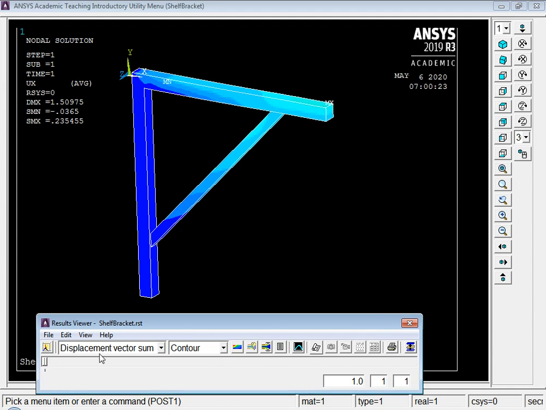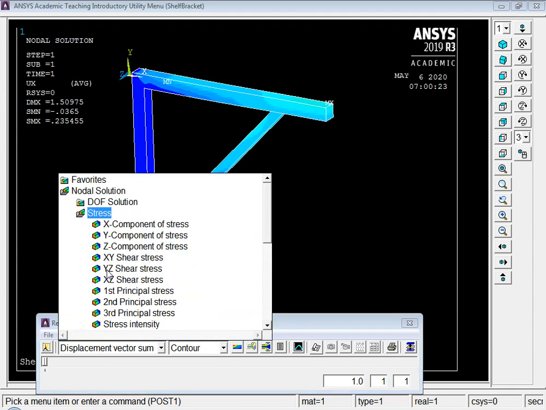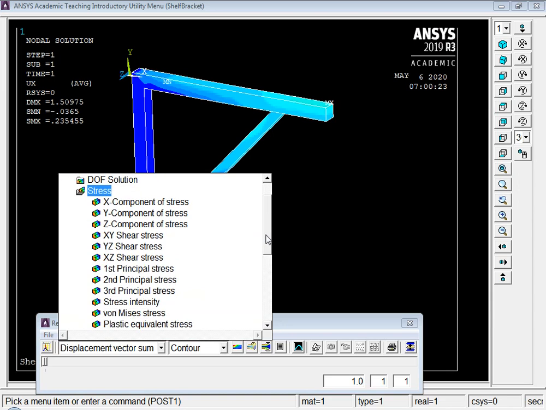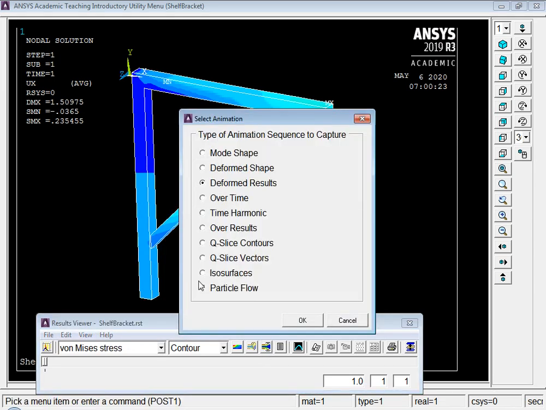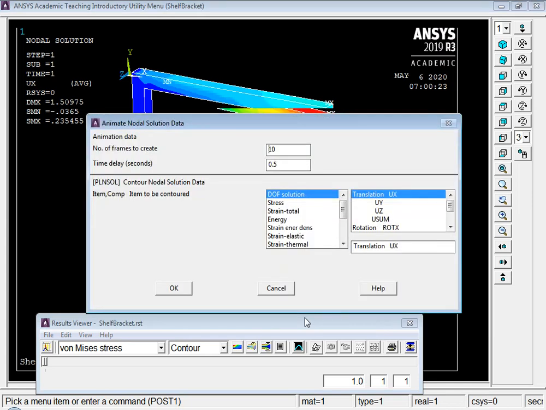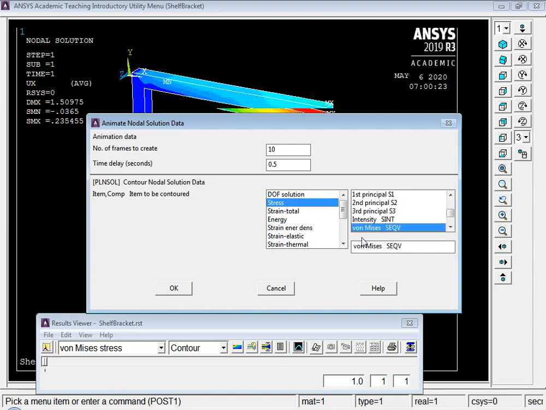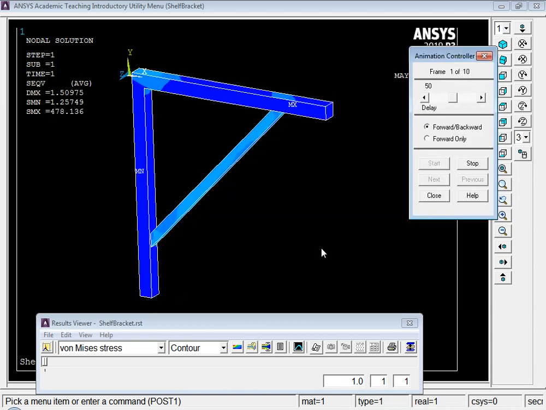So let's say stress, and say von Mises stress, and deformed results. So here I will select stress and von Mises and say okay. So now it is showing the von Mises stress.